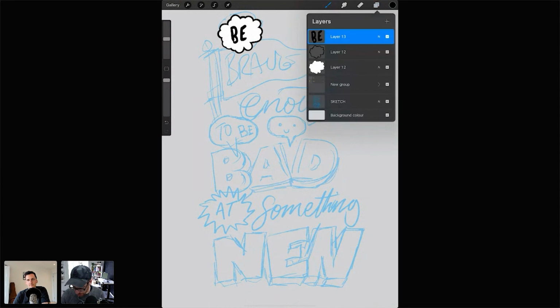And then I'm just going to give it a bit of shading around. So I'm going to give it some shading on the white, and I want to keep it within the white. There's a thing that people keep asking, which is what's the difference between clipping masks and alpha lock? So alpha lock, if I click on that thumbnail and click alpha lock, restricts everything to the object that's on